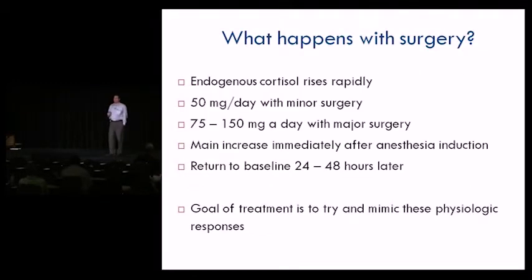So what happens in surgery? Obviously it's not a physiologic state. During surgery you get a rapid rise in endogenous cortisol production. This could be up to 50 milligrams a day. So if you think about your baseline around 10 to 12, you're getting about a 4 to 5 times elevation in cortisol production. And if your gland can't do that, you're not going to have enough around, and that's when